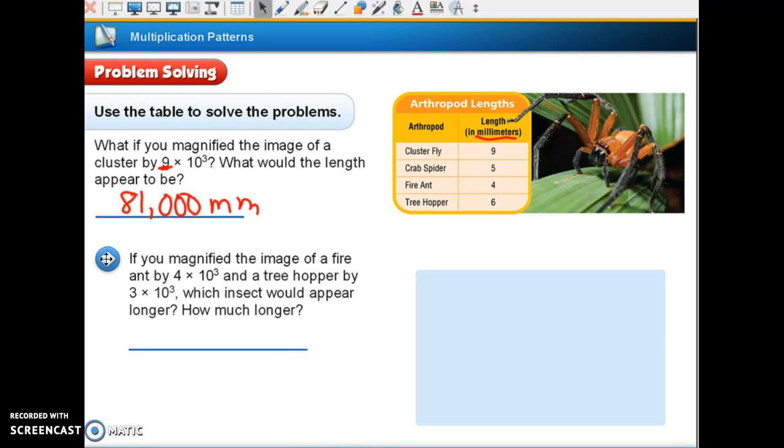If you magnify the image of a fire ant by 4 times 10 to the third power and a tree hopper by 3 times 10, which insect would appear longer? Okay, so how long is the fire ant? 4. And we're multiplying 4 times 4 times 10 to the third power. So what is 4 times 4? To the third power. And what other thing were they doing? The tree hopper. How long is the tree hopper? 6 times 3 times 10 to the third power. So 6 times 3 is